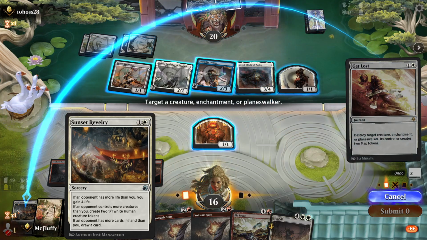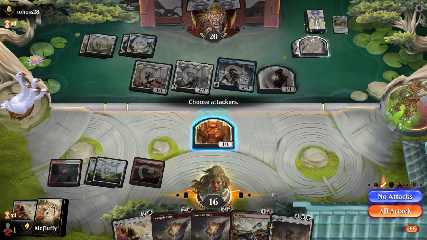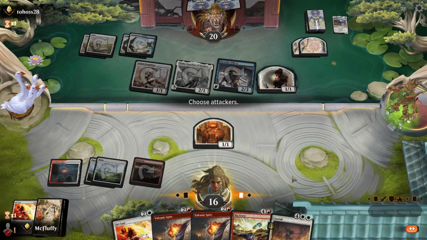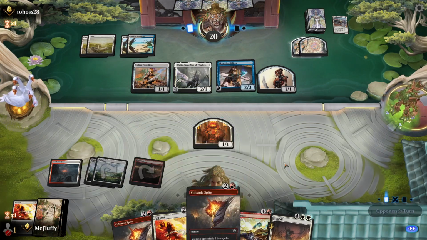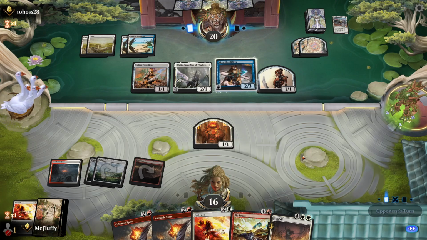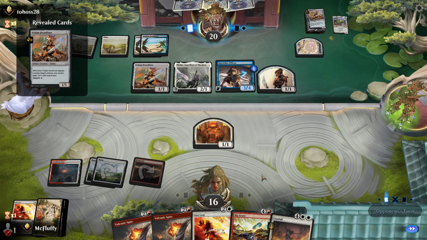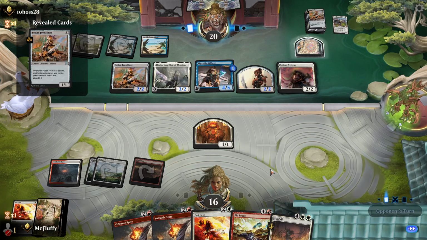Not quite sure if casting the Sunset Revelry was the right move there. We could have gotten rid of the Chandra with like a Volcanic Spite, which would have been pretty good, but no attacks, thank you. We can Volcanic Spite away another Volcanic Spite and get rid of the... Or actually, I could Volcanic Spite away that Get Lost, potentially. A lot of the soldiers, besides Muriel, only have like 2 to 3 toughness. Well, now Skystrike Officer has more than that, and now they all have more than that. Yeah, that's